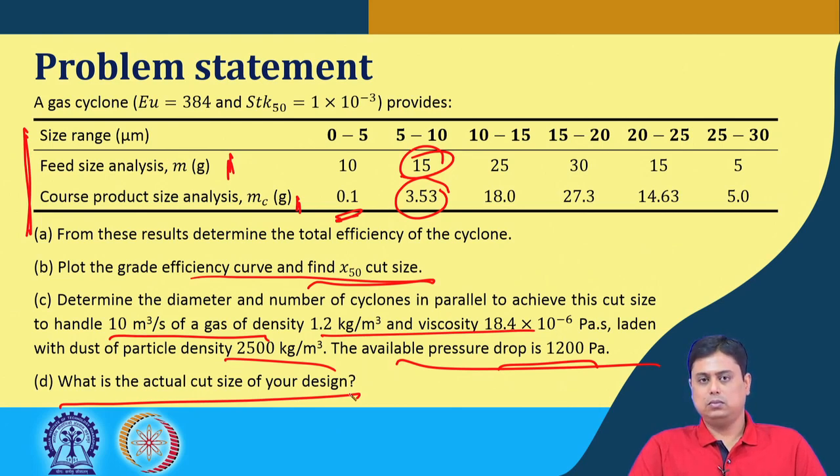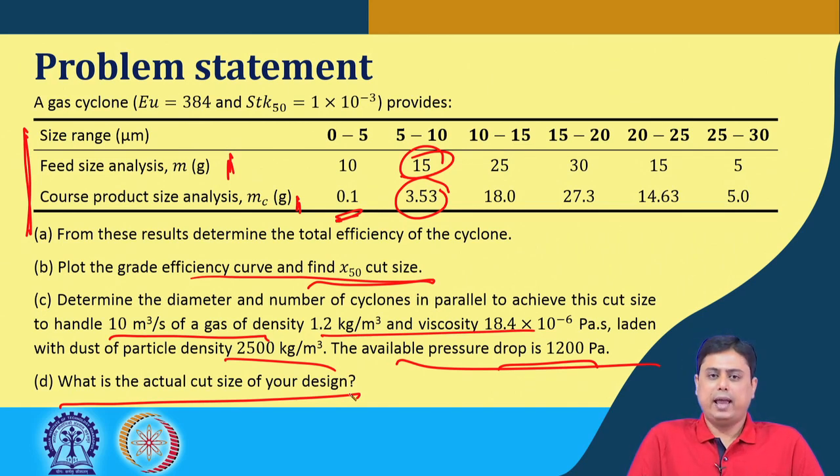x50 value, and intermediately to have this x50 we have to get the grade efficiency. From grade efficiency we calculated x50. With the help of x50 we calculated the number of cyclones that are required, and since the number was not a whole number, it was a fraction, we have to take the next whole number to be the number of cyclones,